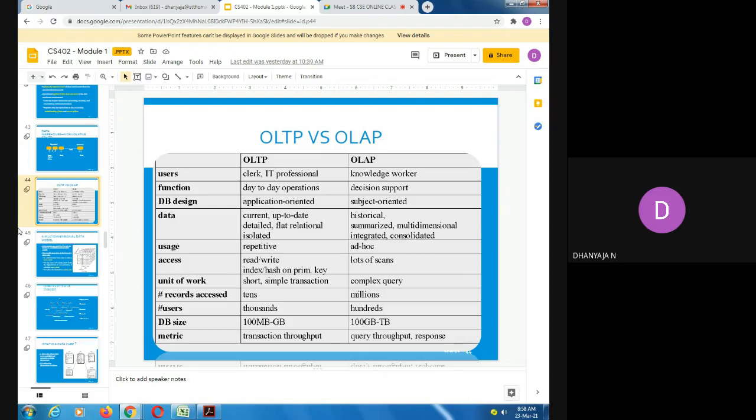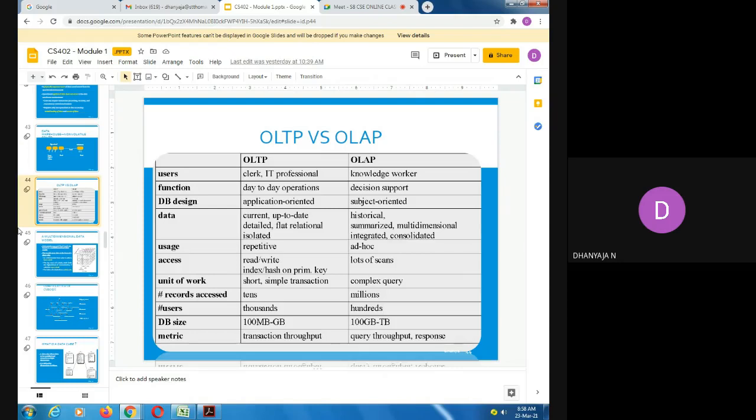So here in OLTP, it is more related with clerical or IT professionals. It will give you an idea about the day-to-day activity of an organization, and it is more application oriented rather than subject oriented.